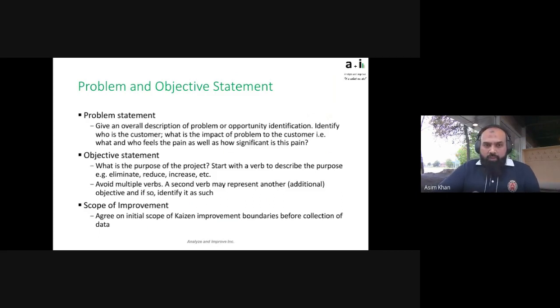Scope of improvement: agree on the initial scope of Kaizen improvement boundaries before collection of the data. Really what it says, draw an imaginary box, make sure you understand what's inside that box, what's outside that box. If you can identify that up front, then you know during the event if there is a solution which is trying to do something outside the box and it's still a good solution, maybe you're going to put it in a parking lot